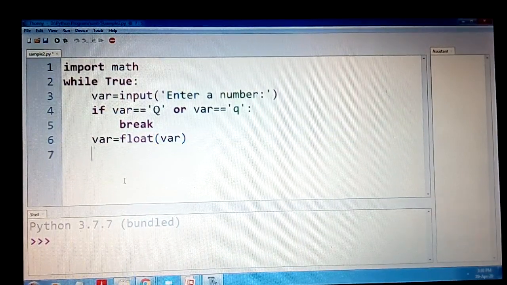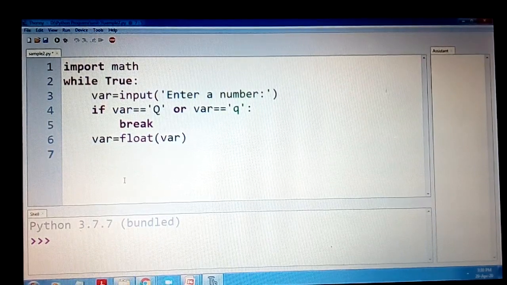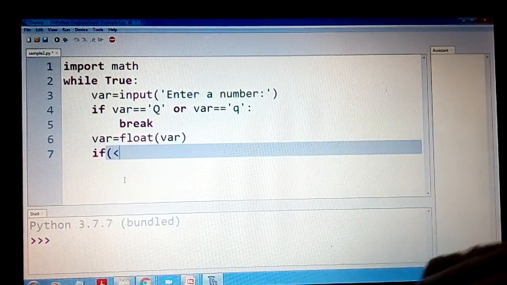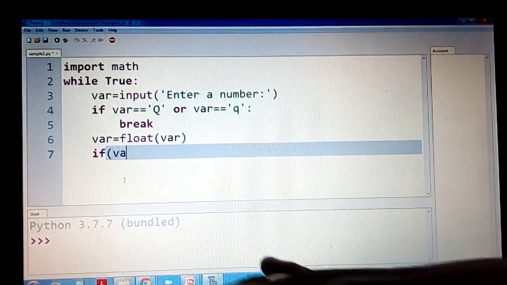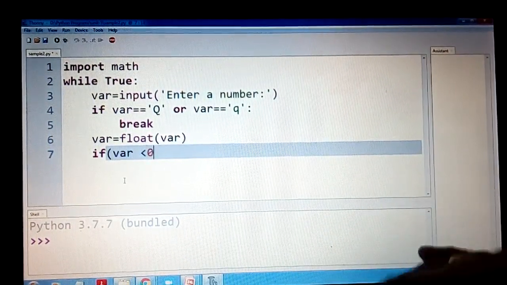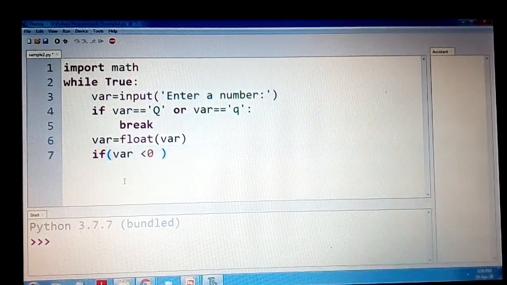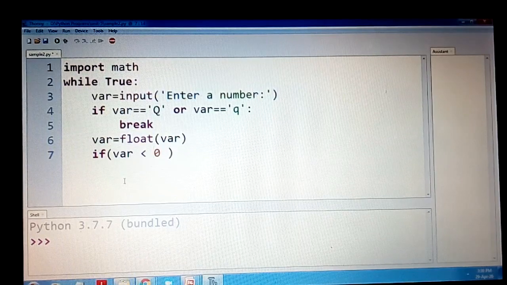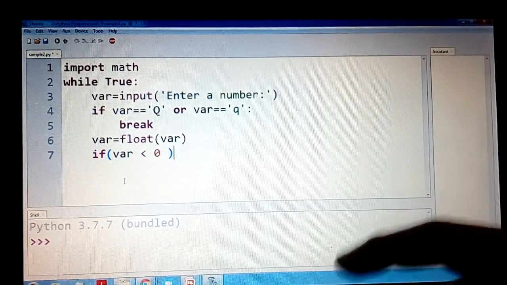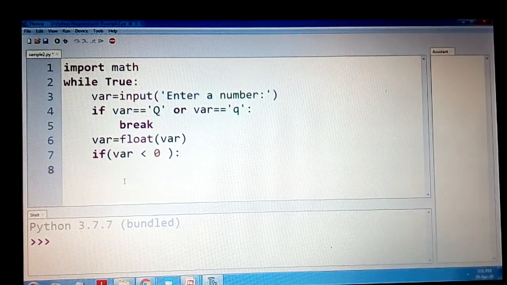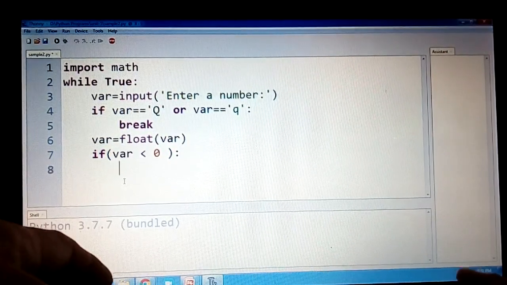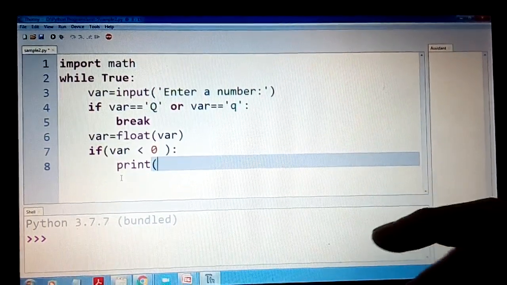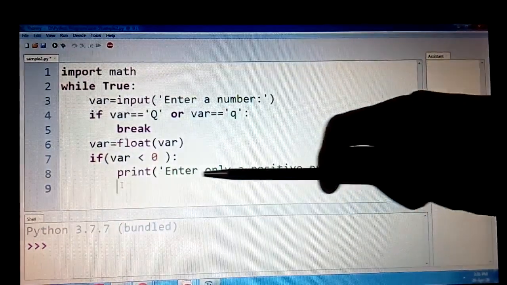Then finally check if var is less than 0. You can even have this statement before this, or you can have it here, colon. If this is the case, then you can just say print enter a positive number.